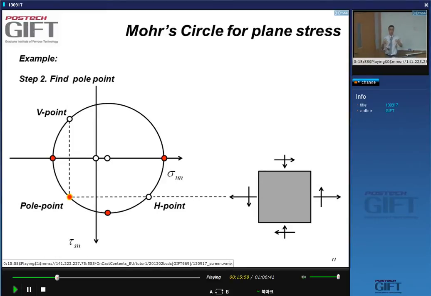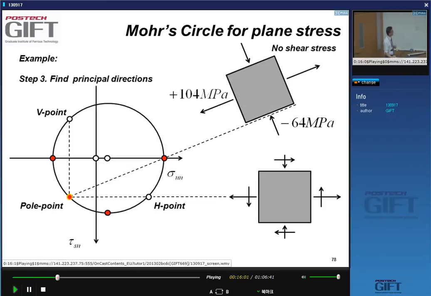Well, very simply, if I connect the pole point to the sigma 1, 1 point, I find an orientation where there are no shear stresses,